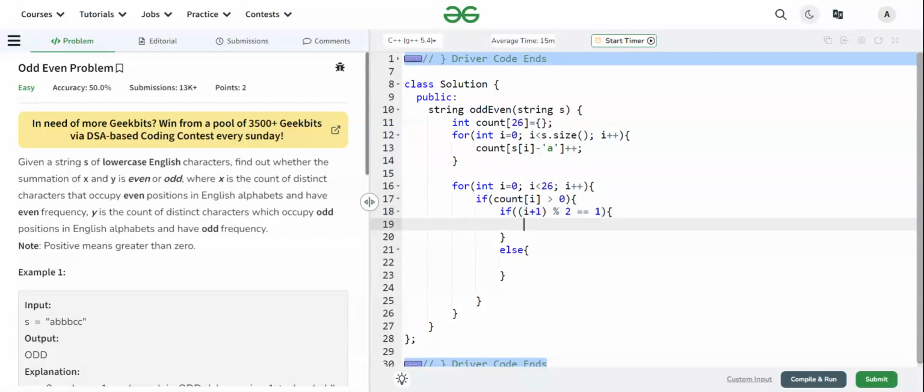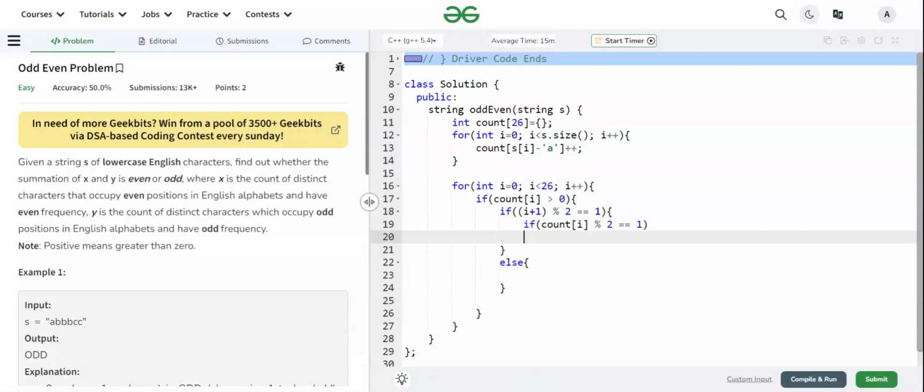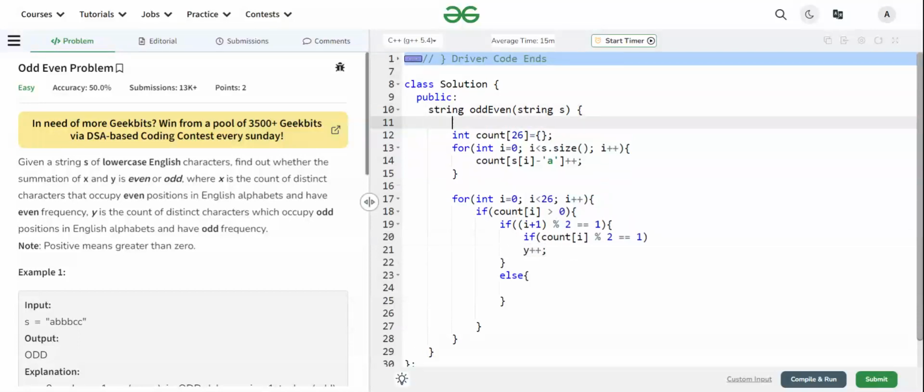If the position is odd, we'll check if count of i is also odd, meaning the frequency of this particular element is odd, then we will increment y. First we have to declare x and y initialized to 0.